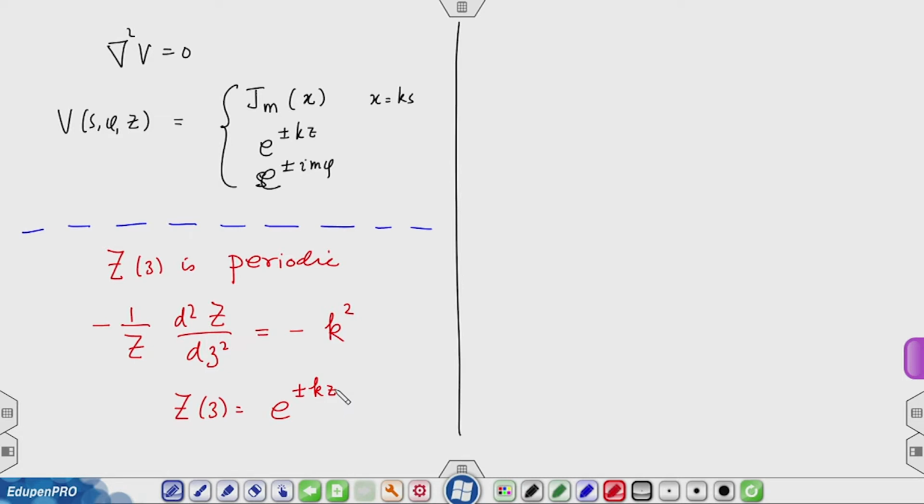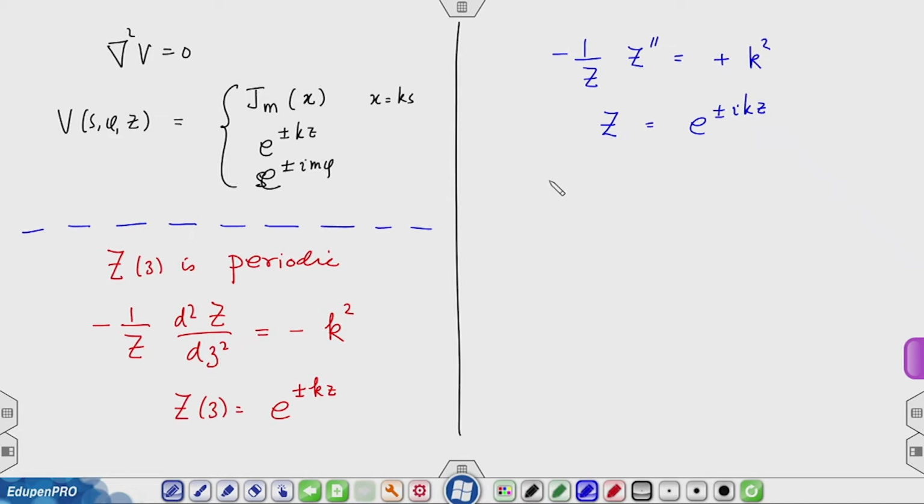Now, we take this k to be positive. So, if I take minus 1 over Z, Z double prime to be equal to plus k square, then you have Z equals e raised to plus minus i kz. So, all you have done is replaced in the equation that k by i k,